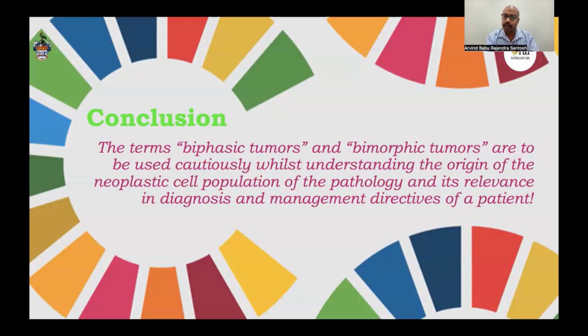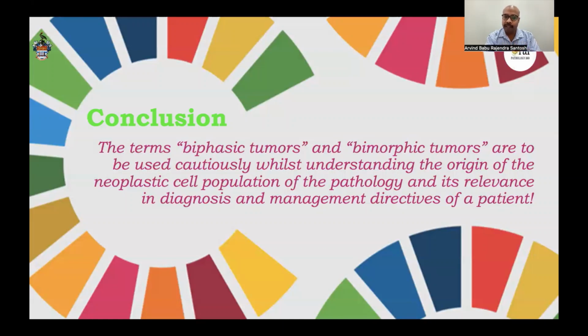And I think we should restrict these terms to malignant use. At least one of them being malignant, or both being malignant, is biphasic, and bimorphic is to be used when one is malignant and another is non-malignant. I think ameloblastic fibroma can be something slightly close to the biphasic explanation, but it's benign, so I'm not including it in this, and I don't see any literature speaking of ameloblastic fibroma as being biphasic, although ameloblastic fibroma has both epithelial and mesenchymal components.